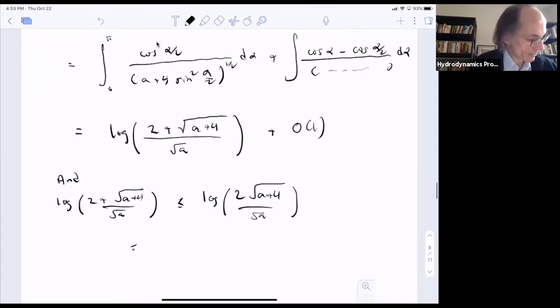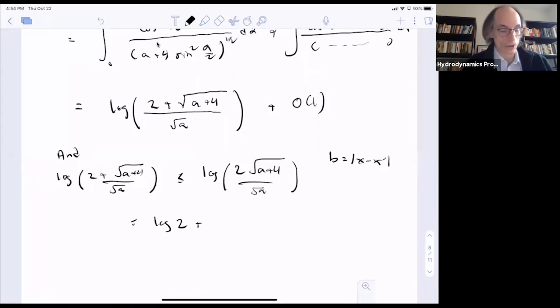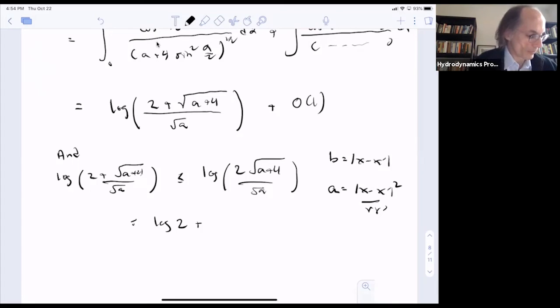And so this is log of 2 plus, and now let me introduce some new notation. Let's say b is x minus x prime, where x and x prime are rz and rz prime again. And so then a is x minus x prime squared over r prime. And so, well, okay, so we have log of,